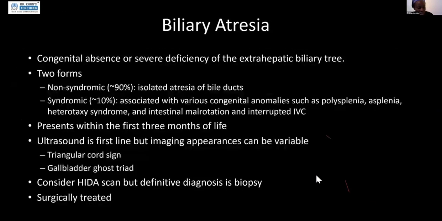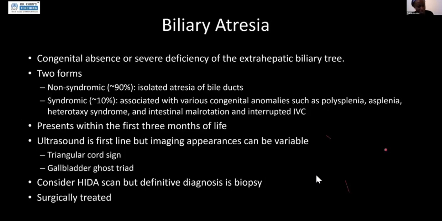So biliary atresia is a congenital absence or severe deficiency of the extrahepatic biliary duct. Often it's non-syndromic, so it's just an isolated atresia of the bile ducts, not related to any other conditions, but it can be syndromic, causing lots of congenital anomalies such as polysplenia or asplenia. They can get heterotaxy, which feeds into the polysplenia, and then they can get intestinal malrotation and interrupted IVCs and things like that. And the most common presentation is a conjugated